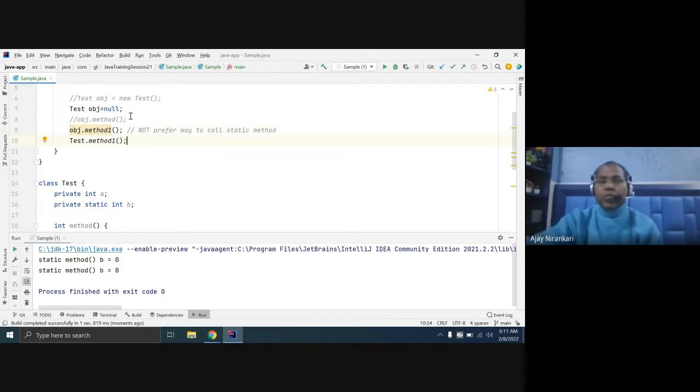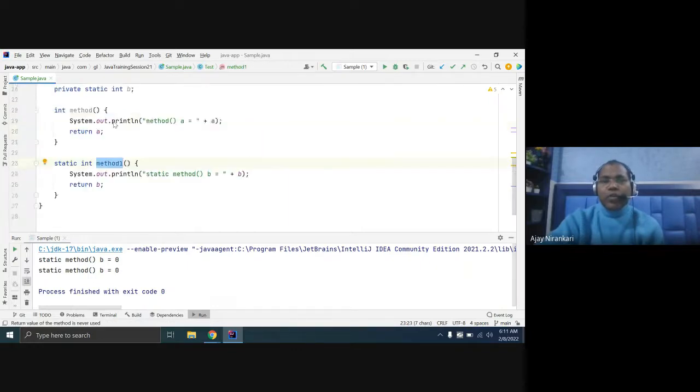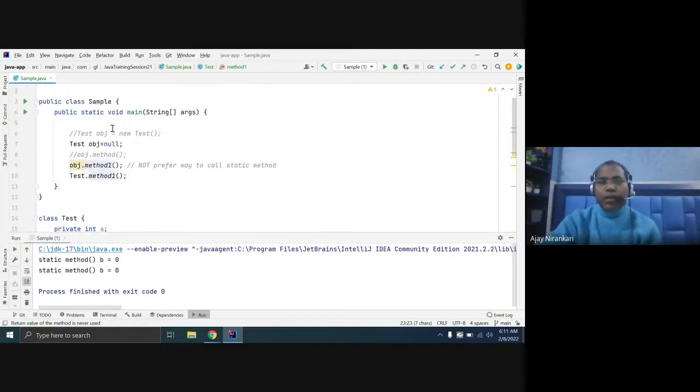If you notice, this object is null. Someone may say that from null you cannot invoke method one. No, because method one is static. While compiling the code, the compiler replaces the object name with the class name. So in both cases, your code will work fine.